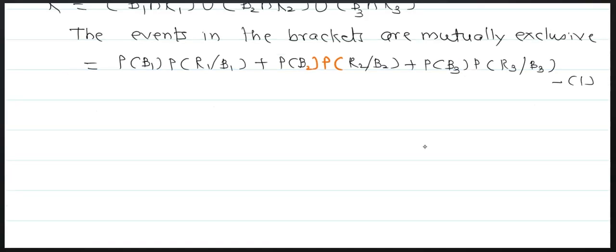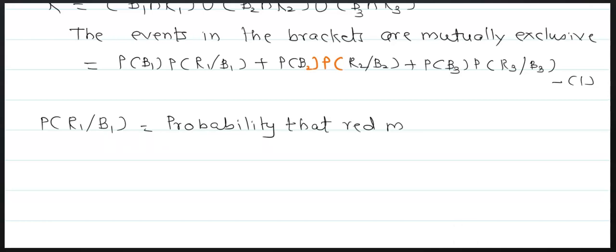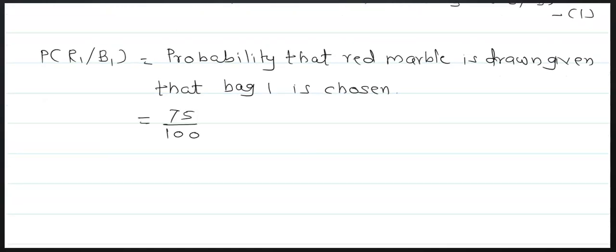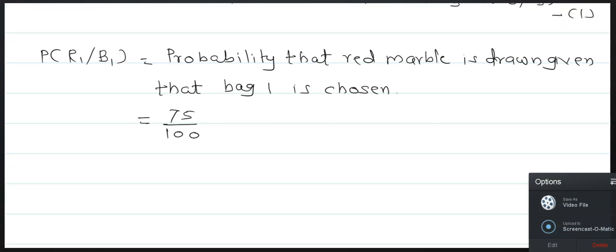Now here we will substitute their values. Probability of R1 conditional B1 is equal to the probability that a red marble is drawn given that bag B1 is chosen. Therefore, that is equal to 75 upon 100 into